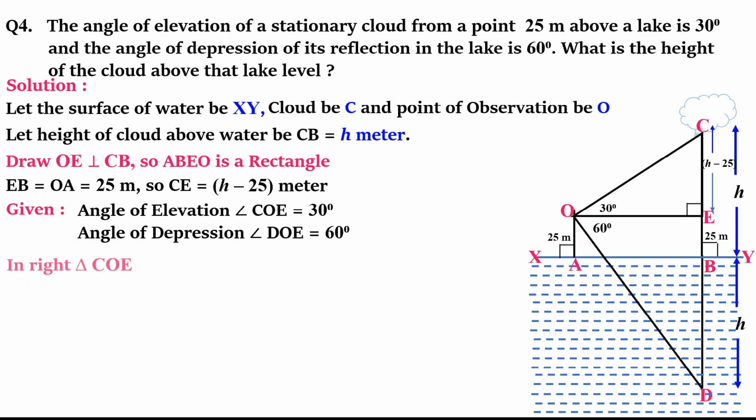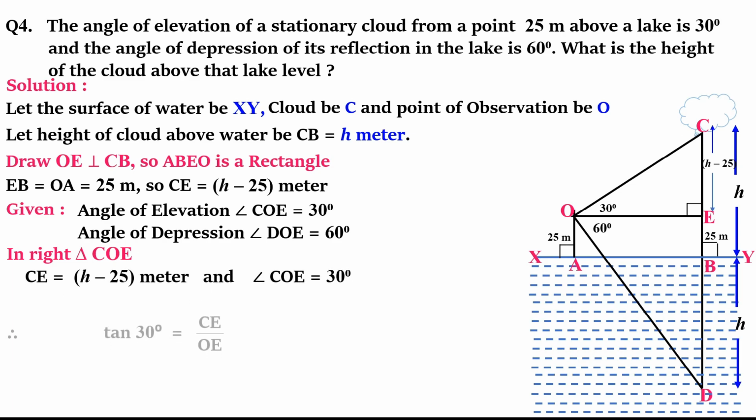So let's take the two right triangles one by one. Now in these two right triangles, one arm is common, that is OE. So in whichever trigonometric ratio we use, we will make use of OE and the given part. So let's start. In right triangle COE, I know the base and perpendicular, that means we have to use tan. So here we have tan 30 is CE upon OE. And as I told you, in both the right triangles, OE is the common part. So we'll work for OE.